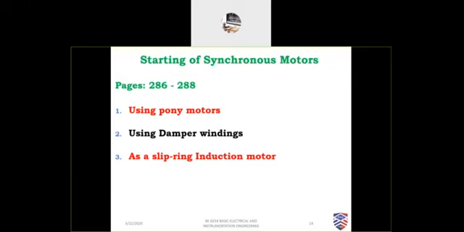The synchronous motor runs at a constant speed in synchronization with the frequency of the supply. That is why we prefer the synchronous motor. Somehow we start it and leave it. The fourth one is using a DC machine coupled to it. Here the advantage is that the DC machine first runs as a DC motor. Once the rotor attains the synchronous speed, this will work as a DC generator. The voltage from this can be fed into the DC circuit of the rotor. That means energize the magnet. That is important. So four methods are given here and you can read the book.